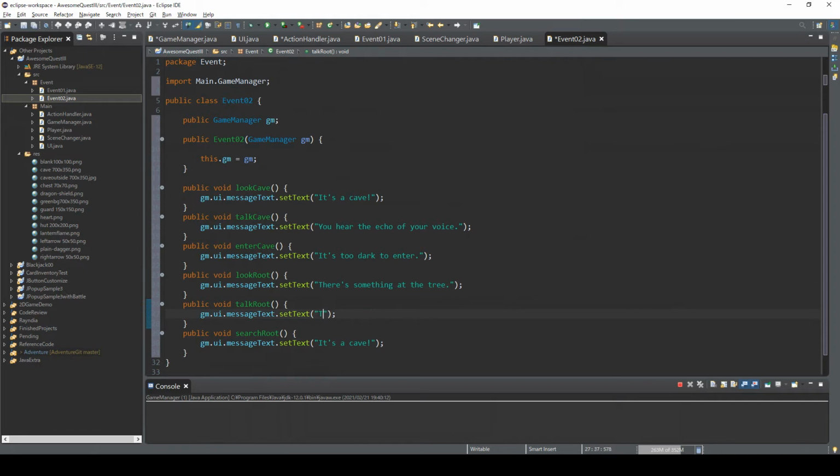Talk, they say plants grow well if you talk to them, but this tree doesn't look like it needs encouragement. And search root, so this also needs an if statement, but for now you find a runtime. And